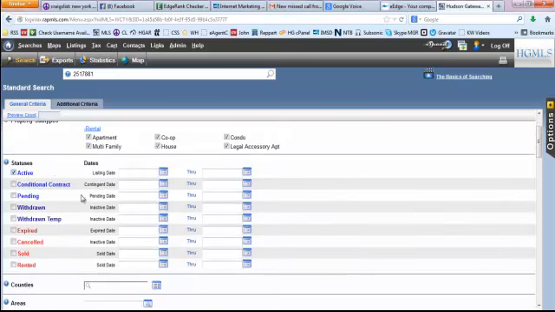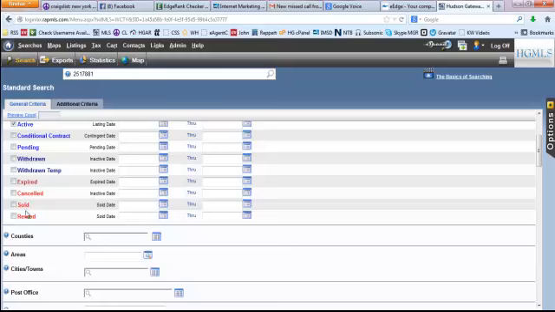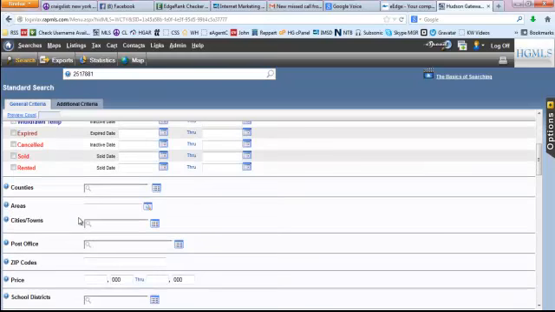Conditional contract is for selling, but it basically means it's got a signed contract. Pending means you're about ready to get closed. Withdrawn, it's pulled from the MLS. It's no longer available, most likely. Sometimes you can call, but we don't even search for those usually. Expireds are listings that are no longer on the MLS. They just expired. Canceled, somebody canceled it, obviously. Sold, self-explanatory. The house was sold and rented. The house was rented. Okay, so sometimes it's able to pull just by these, but we're looking for active stuff